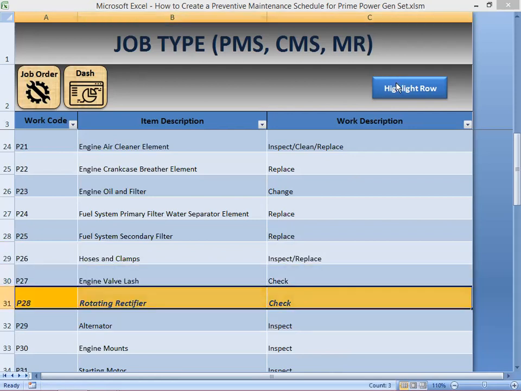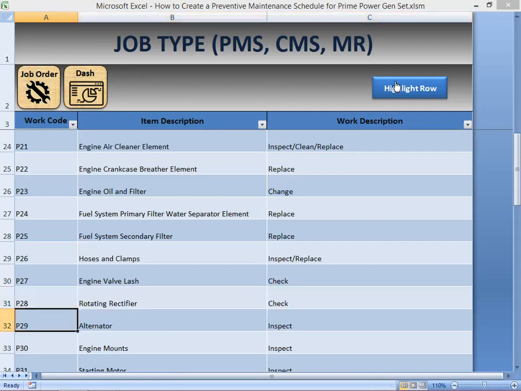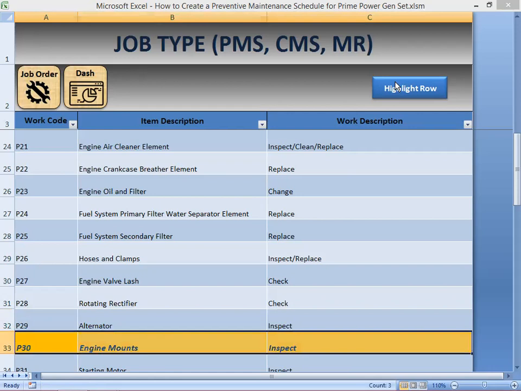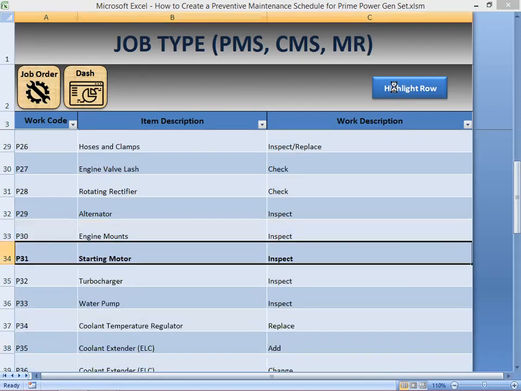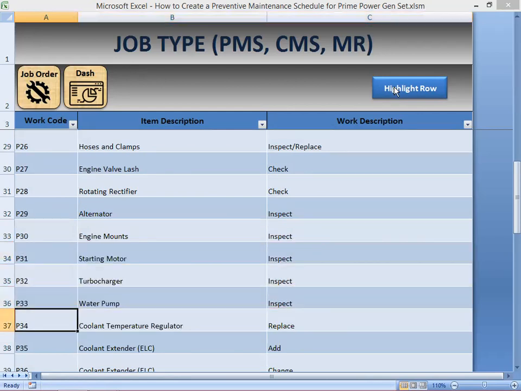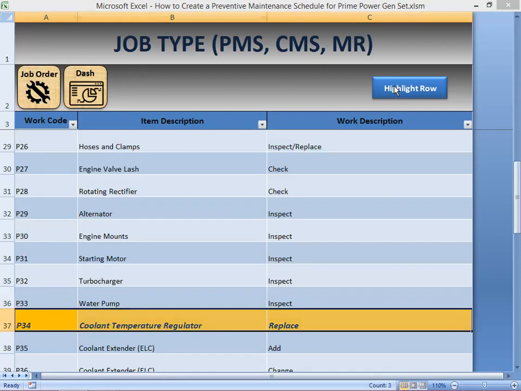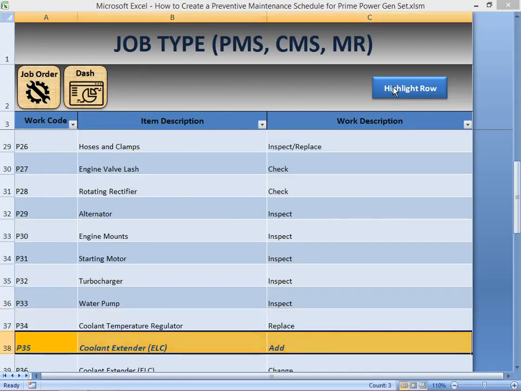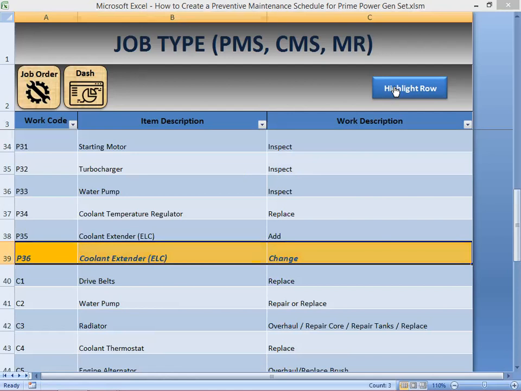Rotating rectifier is going to be done by the electrician of the generating set. The alternator, inspect. Engine mounts: sometimes because of the vibration, the engine mounts get loose. You have to inspect that and tighten up some bolts or fasteners. Starting motor inspect, turbocharger inspect, water pump inspect, coolant temperature regulator replace, coolant add, coolant extender change,